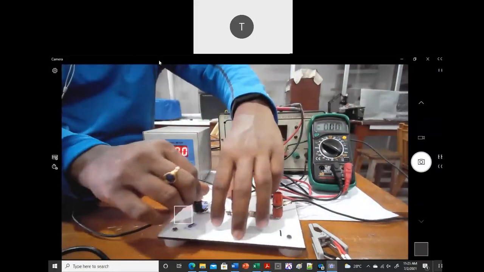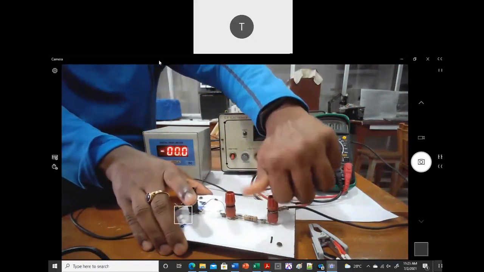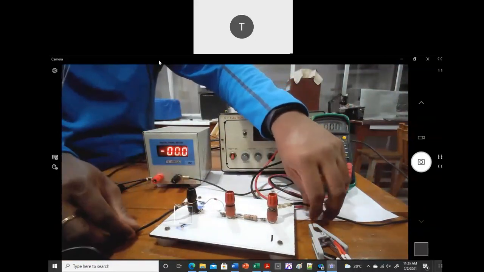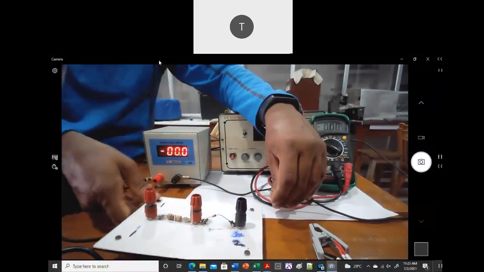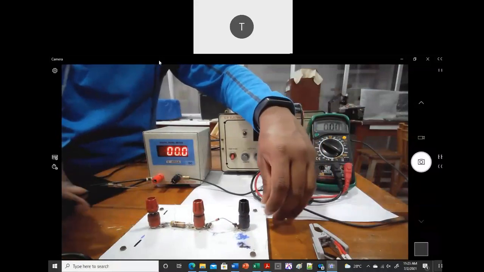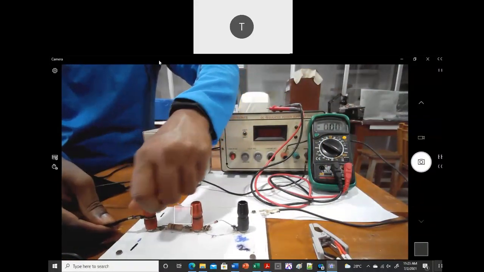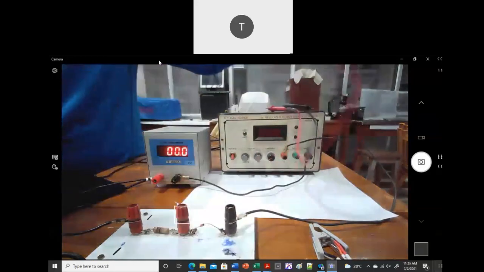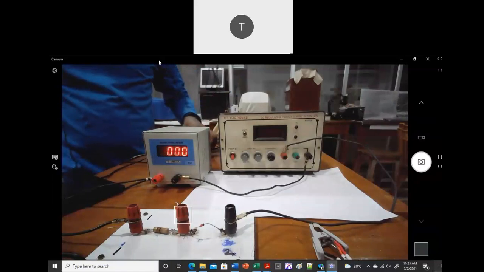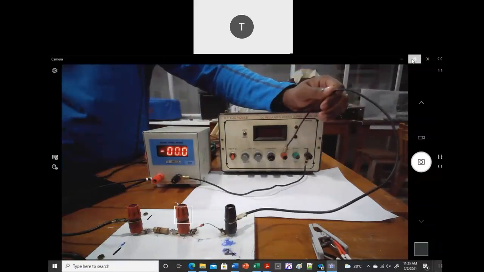So you can see here 1 and 2. Now what I will do is reverse this complete part, so I'll take it to 2 and 1. So 1 and 2 became 2 and 1, and now I'm going to connect it again back here, to the same terminals. Now if you see your connections, you have from the positive terminal.